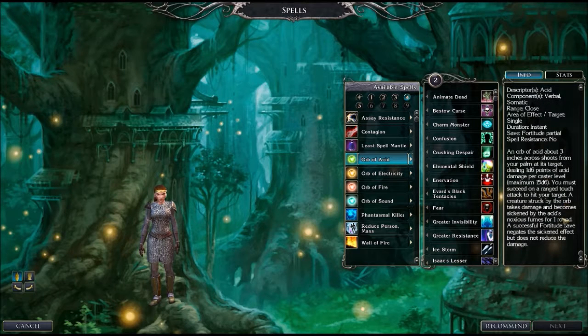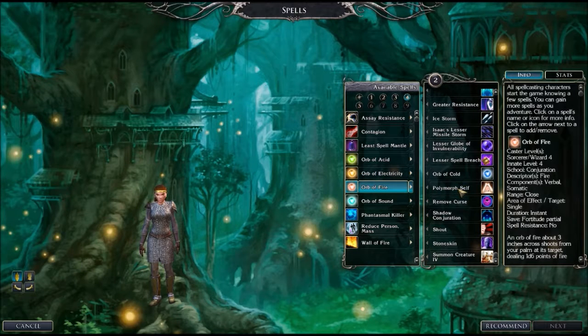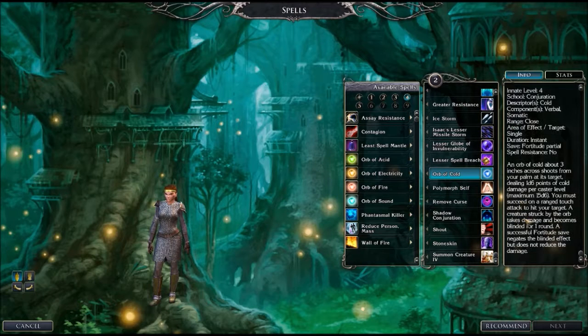The save only applies for this part, not the damage or anything like that. It's only for the second effect. So a successful Fortitude save negates the second effect, but does not reduce the damage. So each one of these orbs has a different effect they've added to it. So if you see my orb of cold,